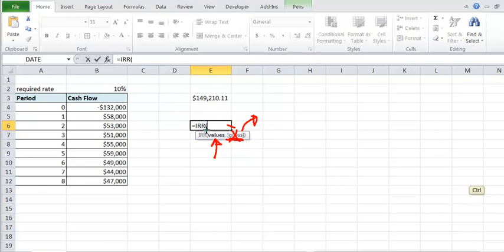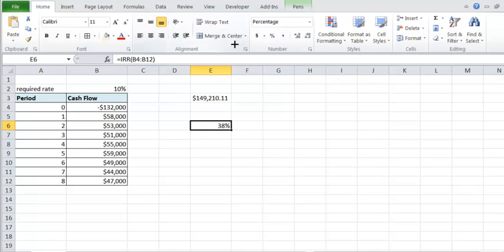Now how is IRR different from NPV? In IRR we take all the cash flows. Please note that in NPV we had excluded the first t equal to 0 cash flow. In IRR we should not exclude that, we should include all the cash flows from t equal to 0 till the end. So here the values will be all the values, I will just select them. So see, this IRR comes as 37.8. So this is your NPV and this is your IRR.